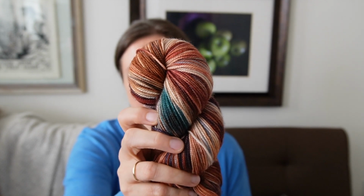Then as far as socks go, I have quite a few that I need to knit up. The first one I showed you is in this vintage flannel colorway I showed you in the last video. That's going to be a fall knit. And also for the Crazy Spooky Make Along,